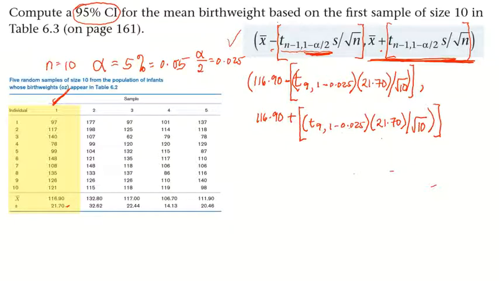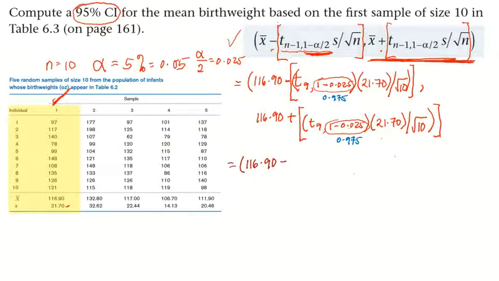Okay? But before that, we have to reconcile what this one is. What is that 1 minus 0.025? Okay? That value is 0.975. Okay, so now let's continue with this. Okay, so this is the next one. So we have 116.9